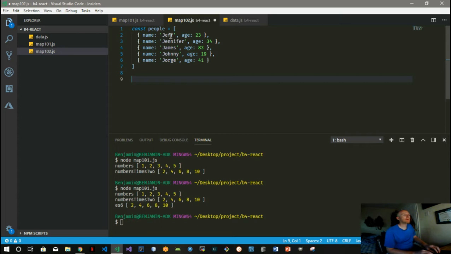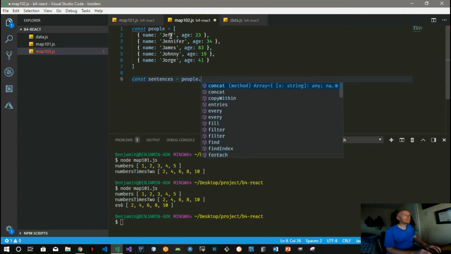Say we want to turn this object into a sentence. So we can say sentences